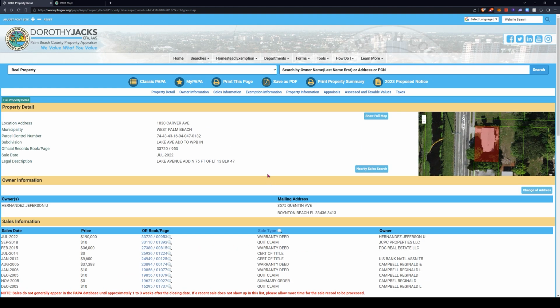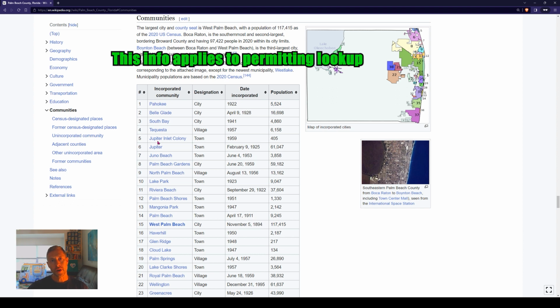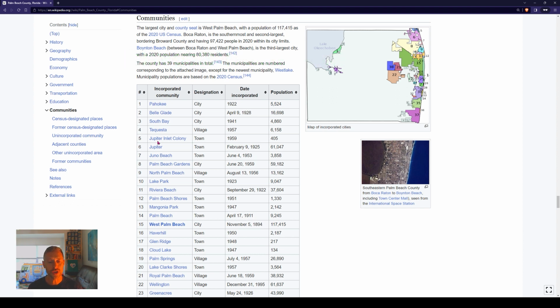And now what I want to do is a quick rundown of the permitting website, and we're going to search for West Palm Beach, and we're going to use this property here, and see if this person happened to pull any permits for this property through their renovation. But outside of the property appraiser site, you have permitting websites, you have code enforcement,